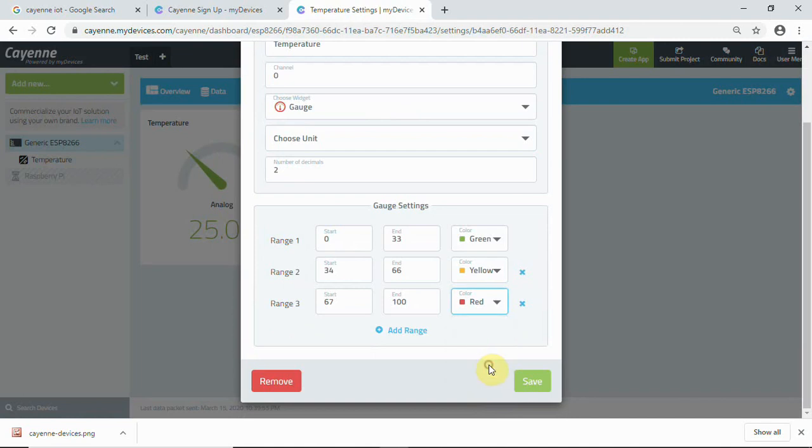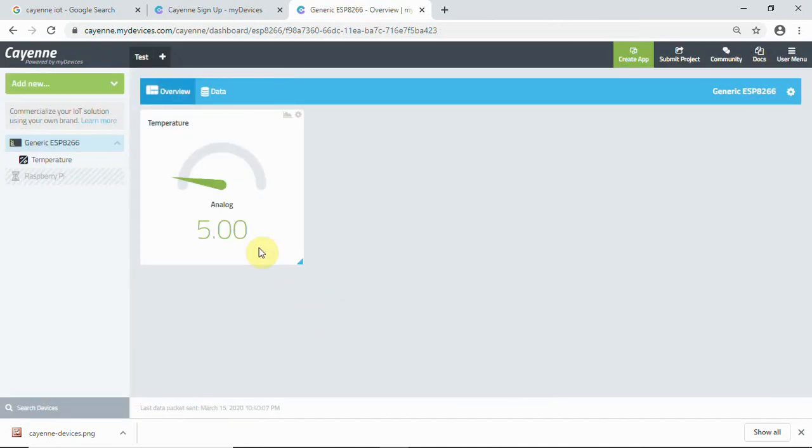You can change this color however you want, and if you want the minimum to be red or the maximum to be green, this can be changed here. And now you can see that we have a gauge widget which is added, and it is live.